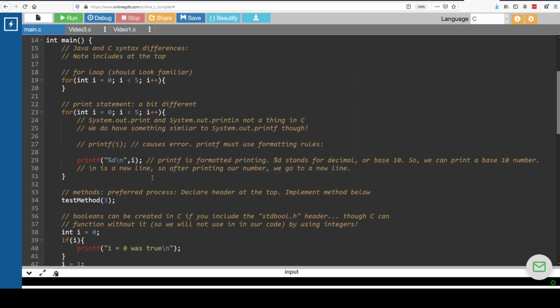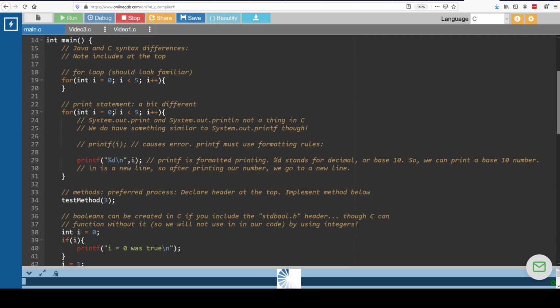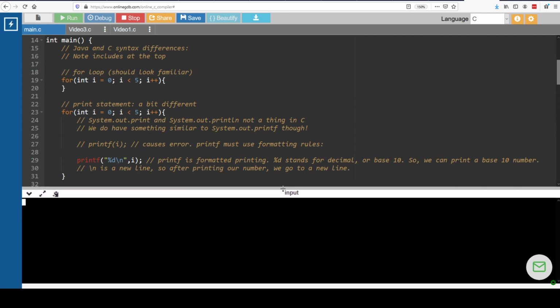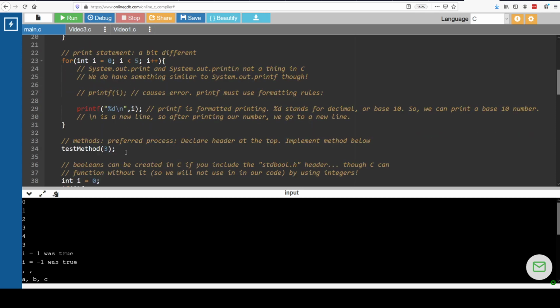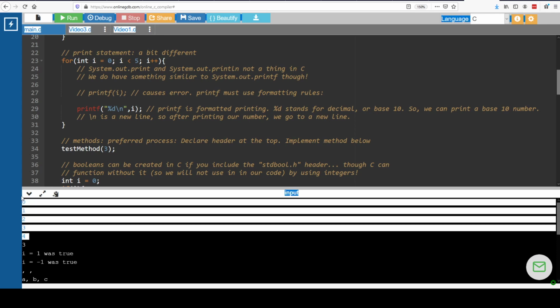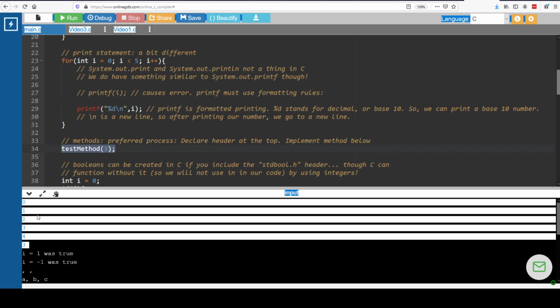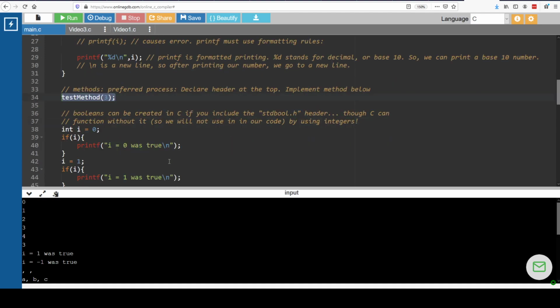So let's run our code and let's look at the printouts that we have so far. I'm going to run it real quick. With this IDE, it prints out at the bottom. I've kind of scrolled it down so that we could see the code a little more. But to review, we've looped through and printed I equals 0 to I less than 5, 0, 1, 2, 3, 4. We then use test method with 3, so we pass 3 in and print it. So that's all of our printouts so far. Loop 0 through 4, print 3. All right, so